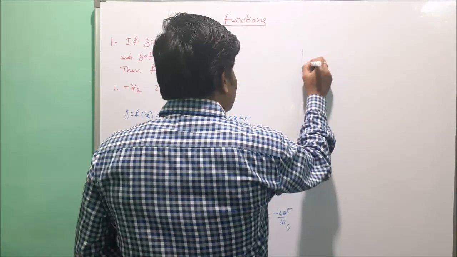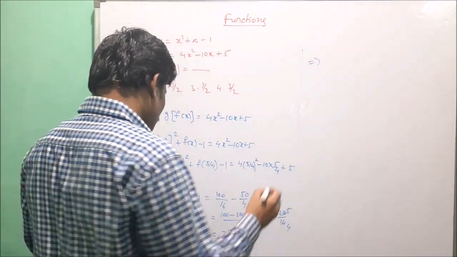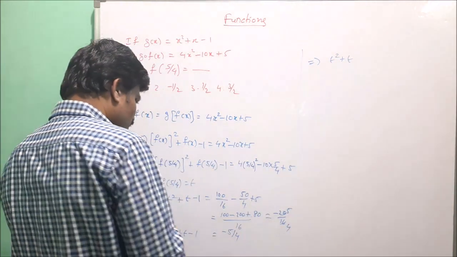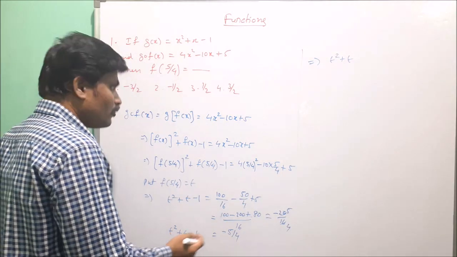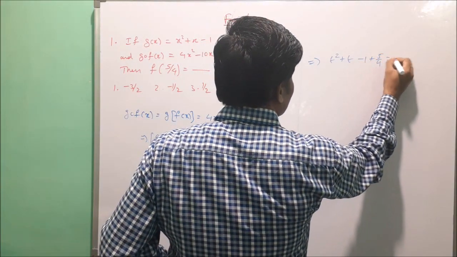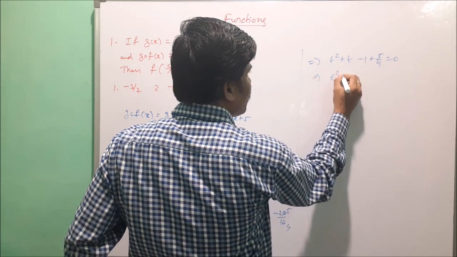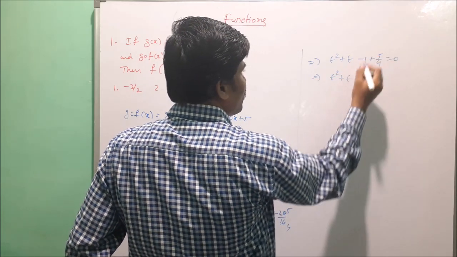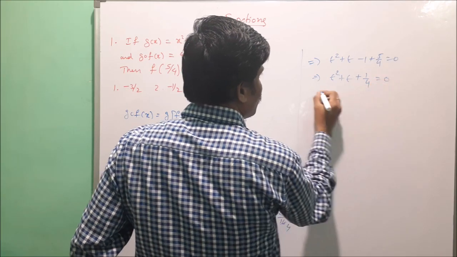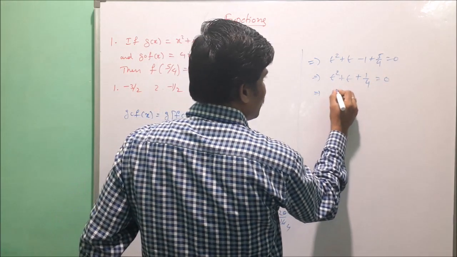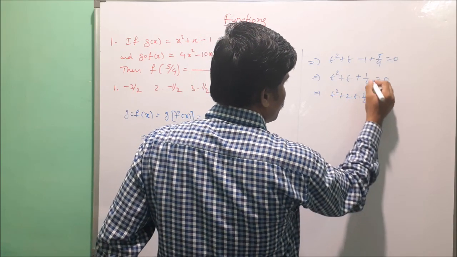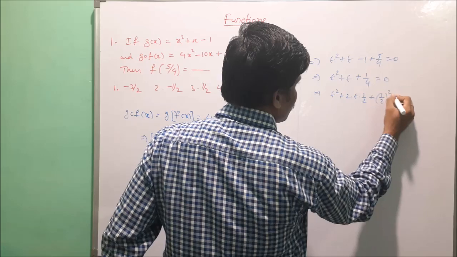Now here we take t square plus t, here minus 5 by 4 to the LHS side, that is minus 1 plus 5 by 4 equals to 0. Now t square plus t, here minus 4 plus 5 by 4, minus 1 plus 1 by 4. Now it can be written as t square plus 2 into t into 1 by 2 plus 1 by 2 whole square equal to 0.